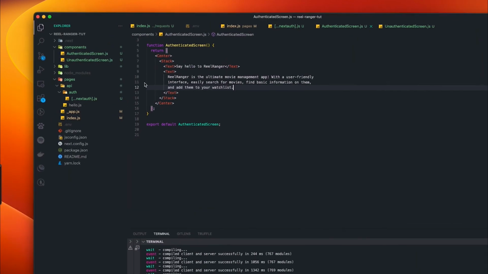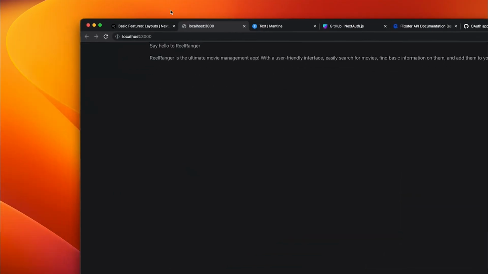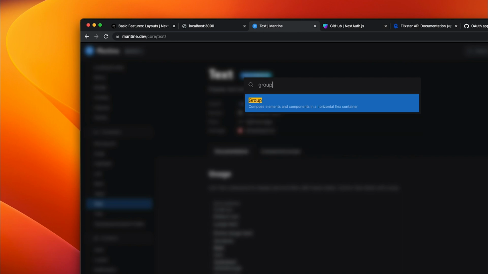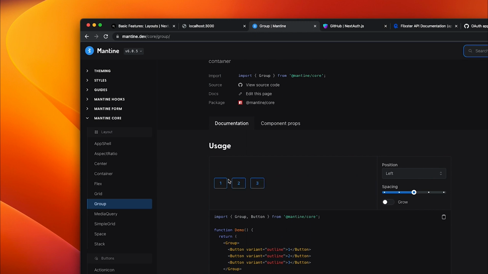Not the one to sign in, please. I want it to be clear on the difference. So we're going to render a button. We have the button component, of course. We've used that when we were testing the Mantine UI library. We're going to have something called group. So let's look at the group component in Mantine. Just come to the search bar and search for group. And it says compose elements and components in a horizontal flex. So it's the opposite of the stack